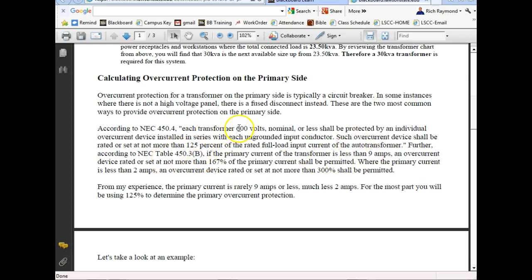So if the transformer is rated at 600 volts or less, be protected with an overcurrent device, then what we need to do is 125% of the full load current. Input current, or the primary current, not the secondary current, the primary current, right? You understand that? And then it goes on, it says further, if the primary current is less than 9 amps, then we're supposed to fuse it at no more than 167%. It doesn't tell you you can't go below it, but it says you cannot go above it, right? You understand that? And then it goes on and says that if the primary current is less than 2 amps,